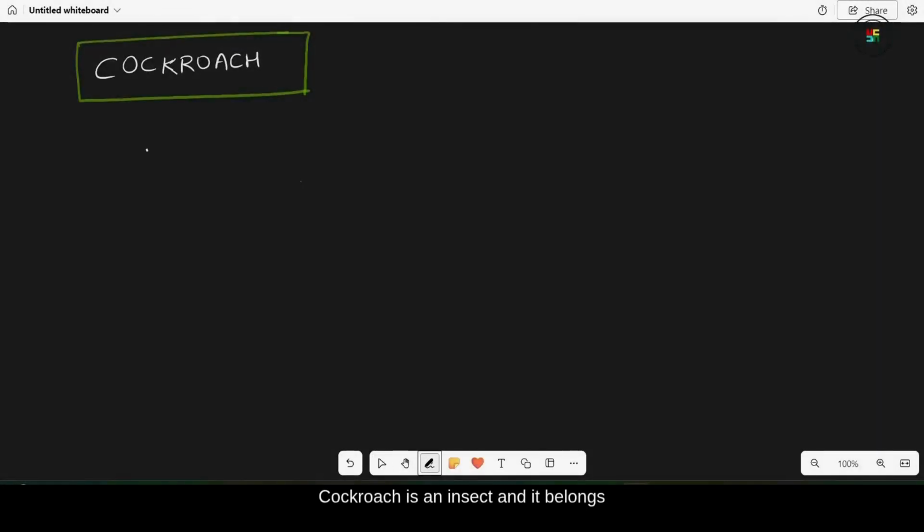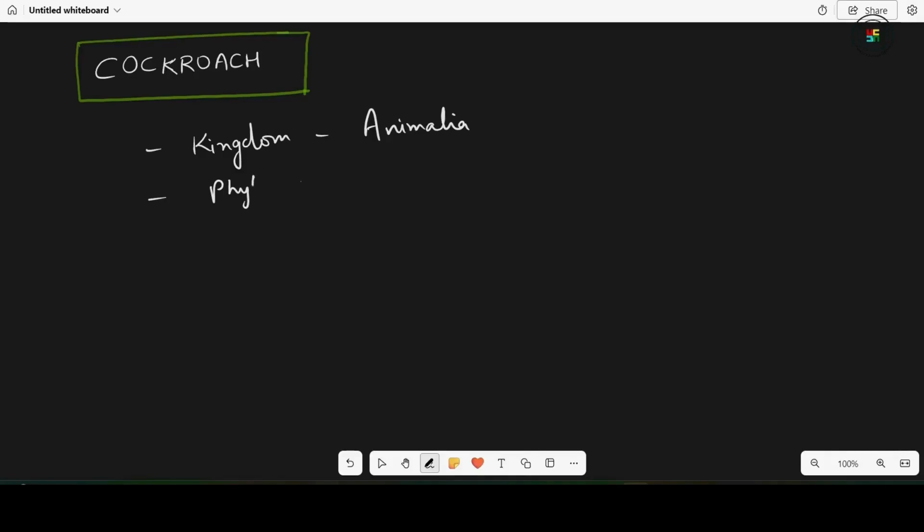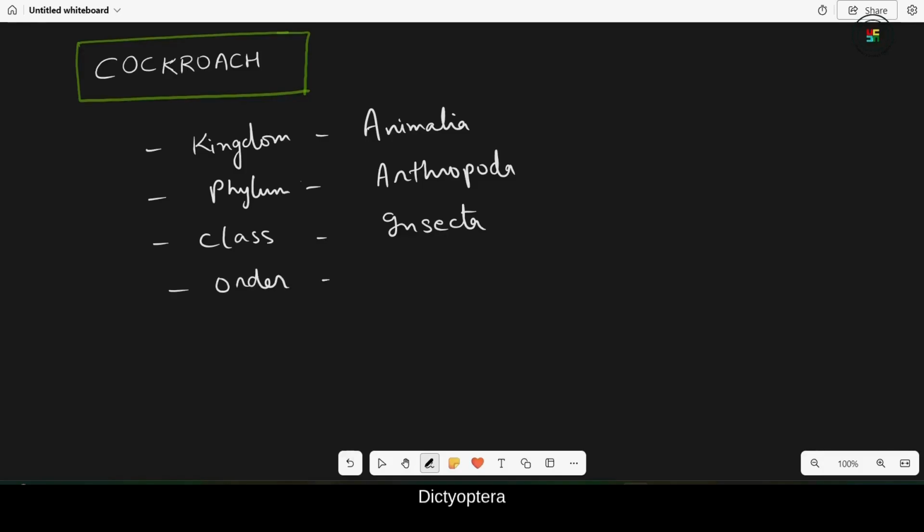Cockroach is an insect and it belongs to the phylum Arthropoda. So its kingdom is Animalia, phylum Arthropoda, class Insecta, order Dictyoptera, family is Blattidae,